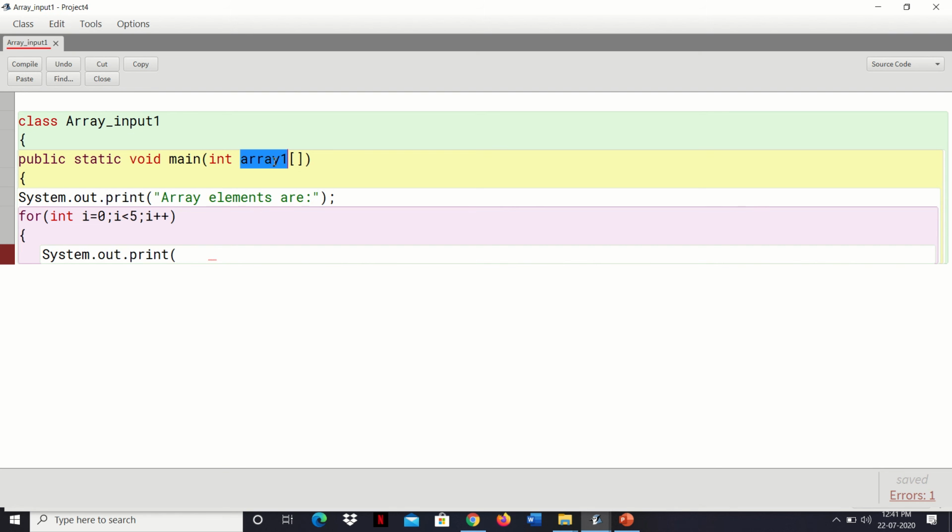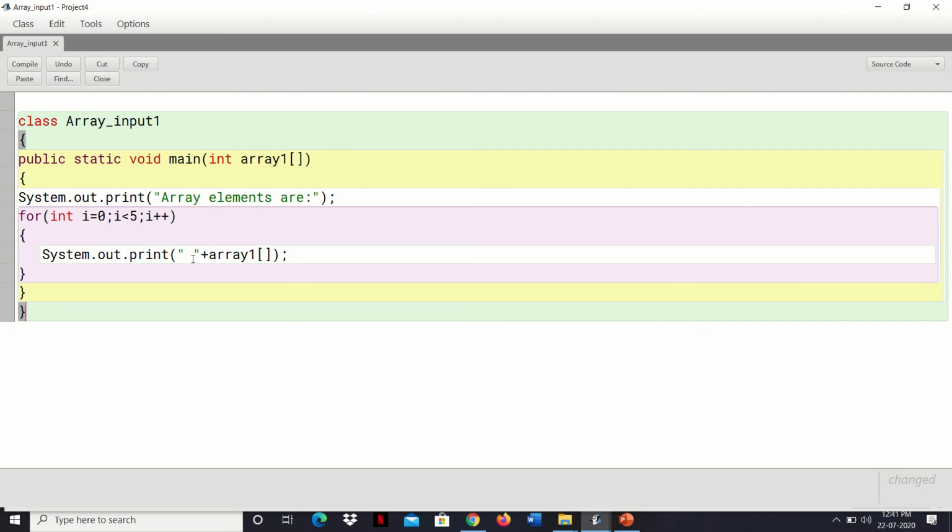This one. So just copy this one. In between, some space should be there. The more you increase the space like this, the space between the elements will be increased. So let us give some space over here, then a plus sign to concatenate, then the array name. Then close this for loop body, then close the main method, then close the class.